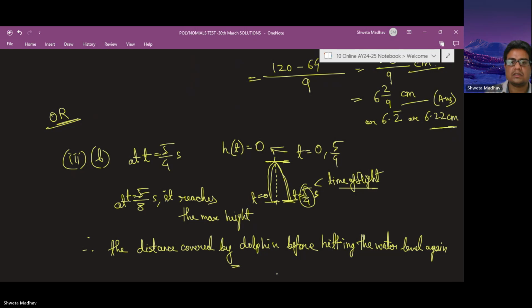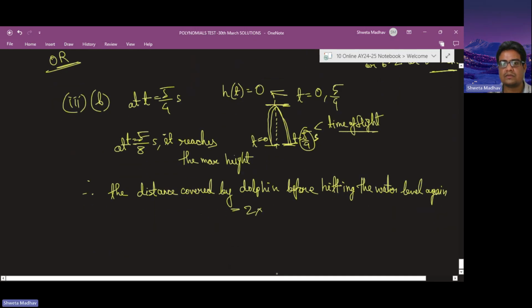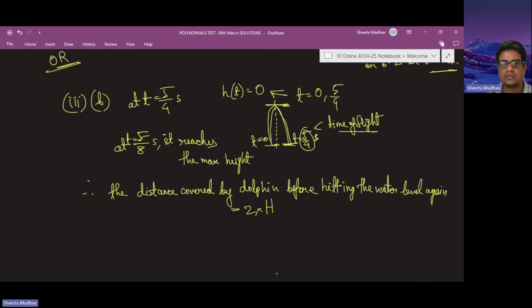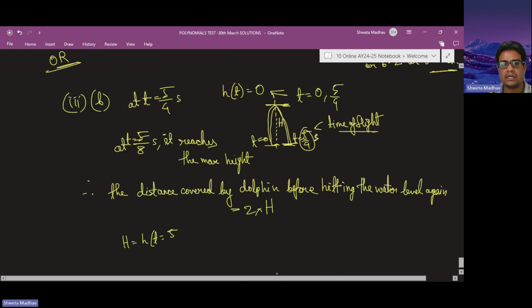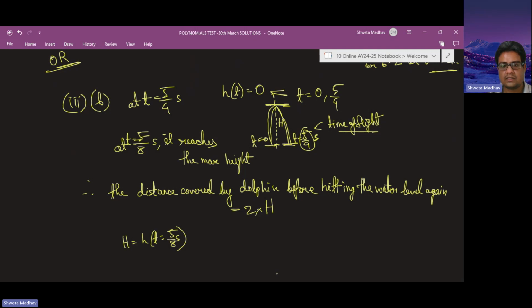will be 2 times the maximum height, which let's call capital H. This capital H is the same as the height at time t equal to 5 by 8 seconds, and its twice will be the answer, in centimeter obviously. Therefore this height will be equal to 20 into 5 by 8 minus 16 into 5 by 8 whole square,